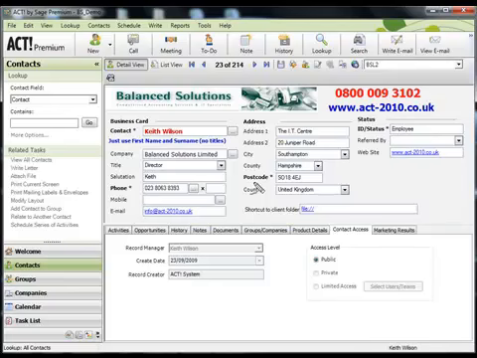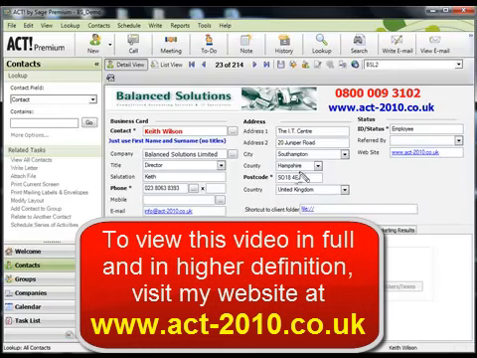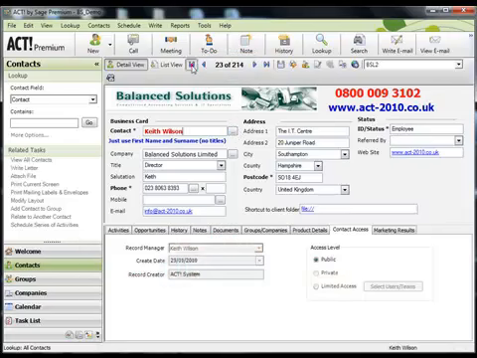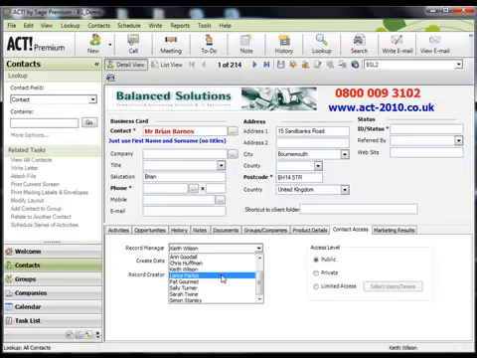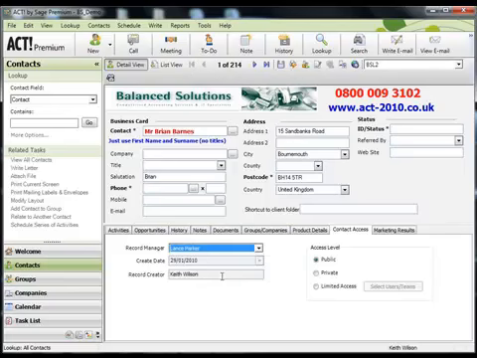Now one of the other users of this database is Lance Parker, and he's currently assigned the restricted role, which still means he can mark records as private, but only those that he is the record manager for. So notice I currently have access to 214 records within this demo database. Now if I go to the first record and change the record manager to Lance and subsequently change this contact to private,